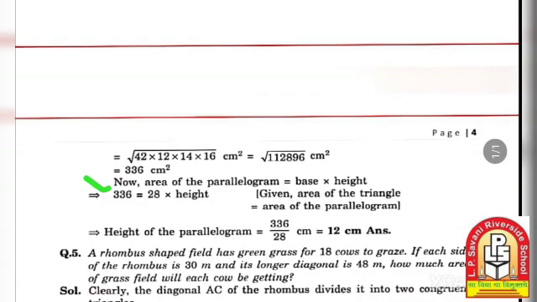And then you have to try the area of parallelogram, base multiplied by height, because the parallelogram has one base and one height. So by using the formula for the area of a parallelogram, you have to find the height of that parallelogram. Okay, so in this way you can solve this kind of example.